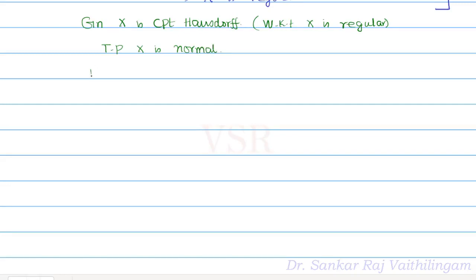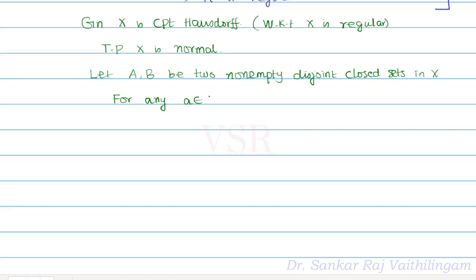Okay, so let capital A, capital B be two non-empty disjoint closed sets in capital X. Now for any a belongs to capital A, and a being in capital A, a is not in B, because they are disjoint closed sets. Okay, by the regularity